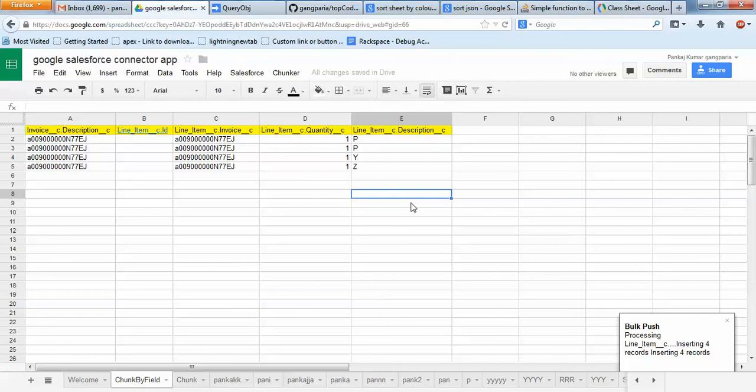In this format you can give any values in any order, because I am sorting in the back end, whatever before sending it to the batch I am sorting these values, so you can give whatever values you want, there's no issue. For instance, we have two the same and two different, so there will be three batches to process this. If you have 300 records that are the same, and again 200 records the same, and 100 records the same, there will be a total of three batches.